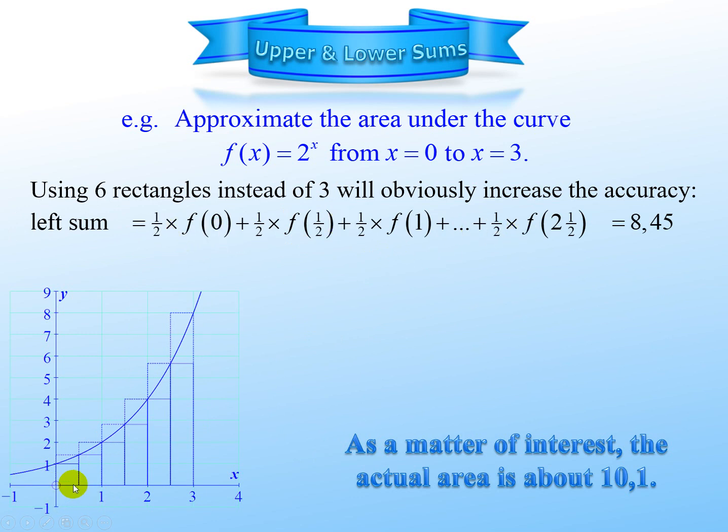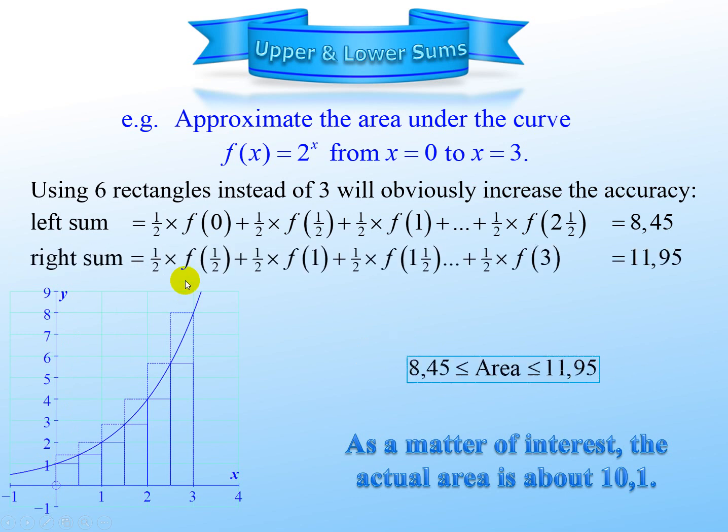And in fact, what we do now, have a look, half times for each of them, and it's half times that height, which is f of 0, which is 1, so it's half times 1, half times about 1.5, and so it goes on, we get 8.45. Doing the right sums, I don't start at 0, I start at half and go up